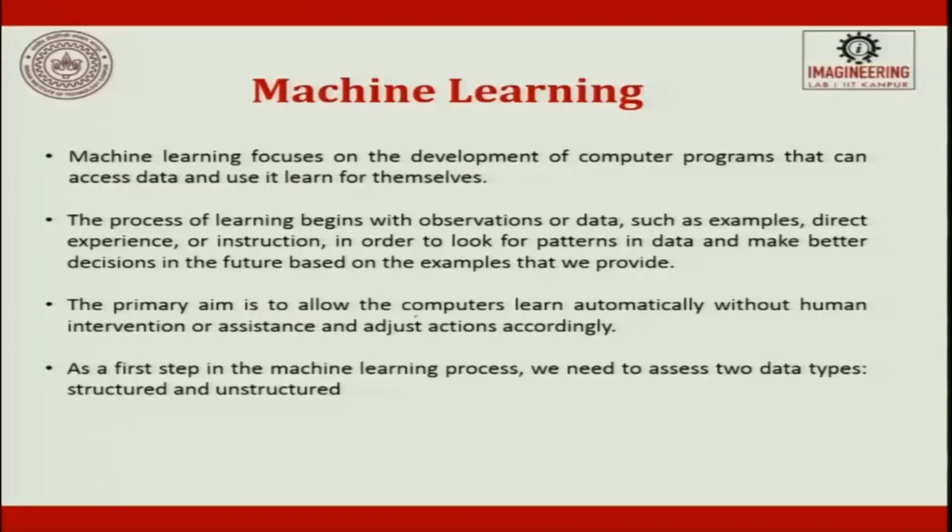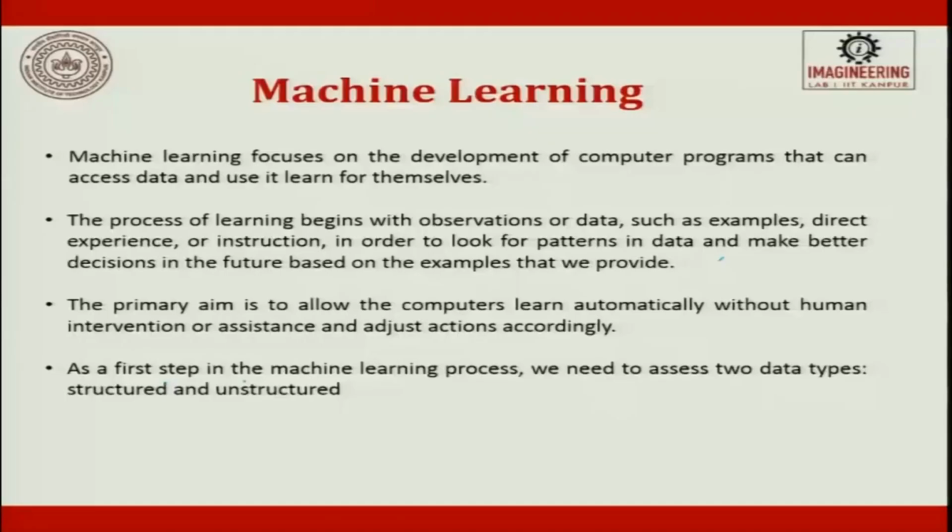The primary aim is to allow the computers to learn automatically without human intervention or assistance and adjust actions accordingly. Here the human will not intervene, the human will not override or supersede the learning. So, the data that is there, we learn. Many interesting things are there. You look at a car, then immediately by looking at the car, you can do a pattern recognition of the car and then find out what is the worth of the car, when it was made and how much it has driven, everything. Today everything can be done.